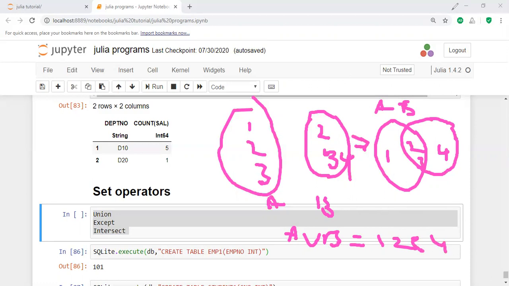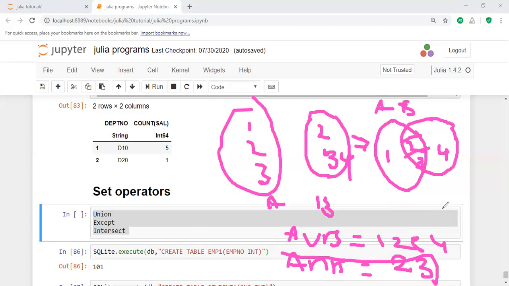Here we are coming to another important point: A intersection B, the intersection operation. It gives the common values. Think of A as one table and B as another table. What are the common values? 2 and 3 are the common values. The intersection indicates the values 2, 3 only.